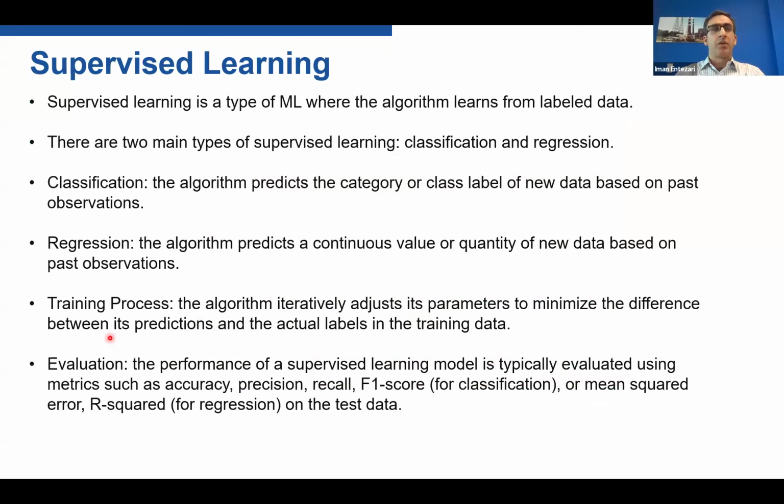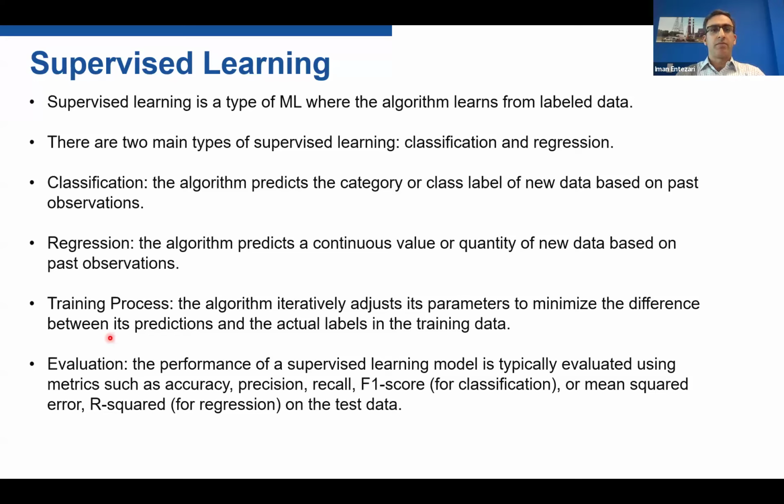So there are different types of learning algorithms. All the examples that I'm going to show today are based on supervised learning. It's a type of machine learning where the algorithm learns from labeled data, meaning that we have a data set with inputs and the outputs or the labels. And then the model learns the relationships between inputs and output, and ultimately we can map input to output and have a model and then use that on